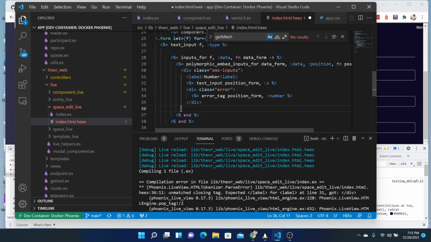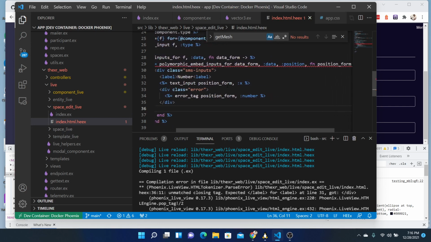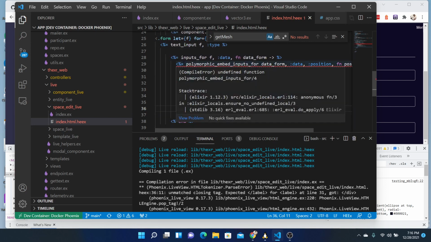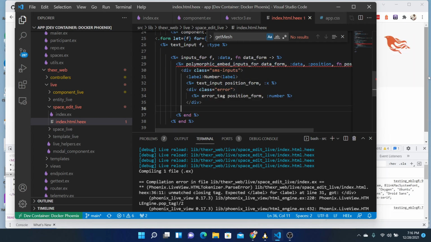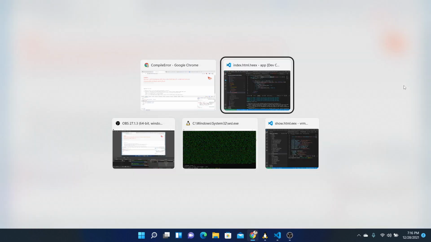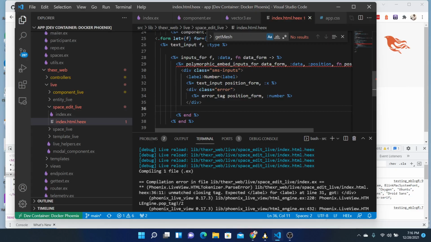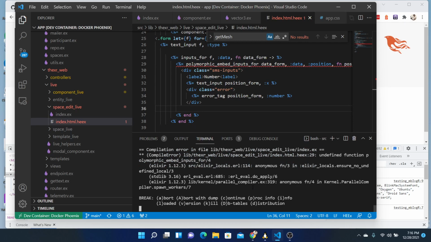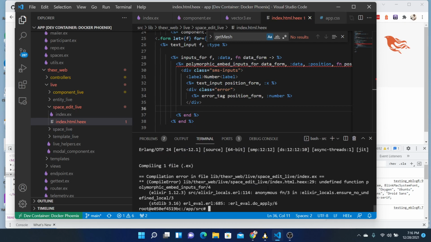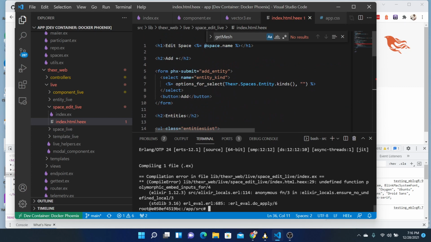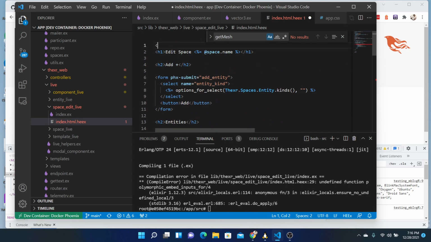Just get rid of this form thing. What's happening here? Undefined function, polymorphic embed inputs for. Probably need to restart. Undefined function. Oh. Okay. I think I need to